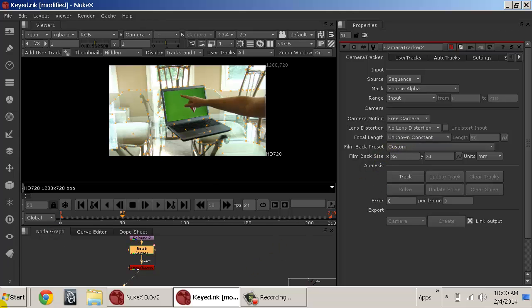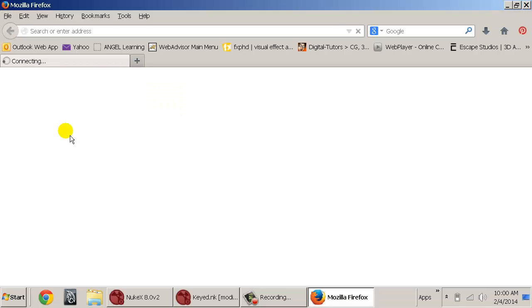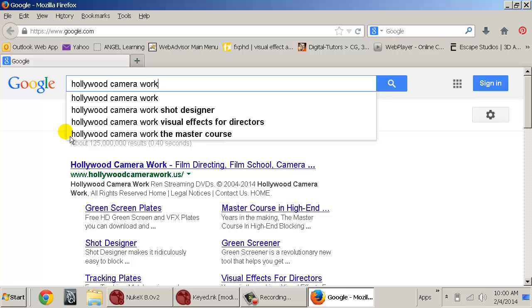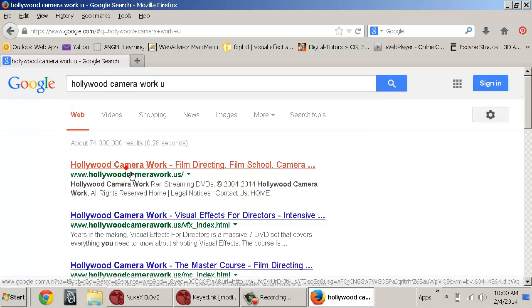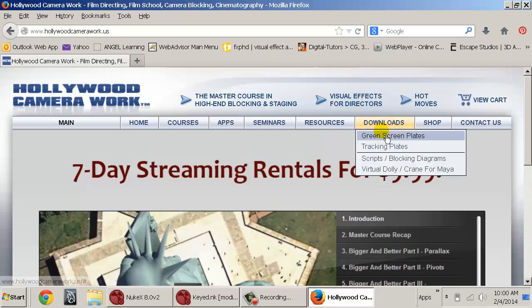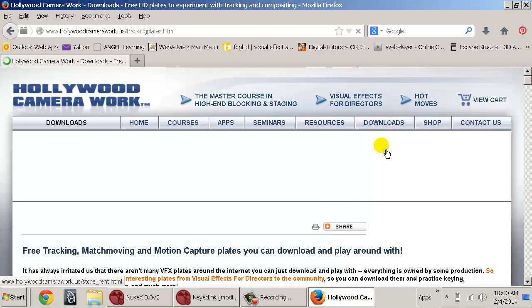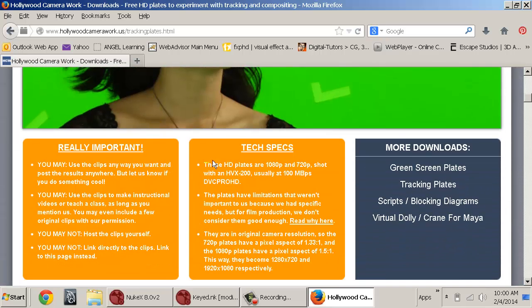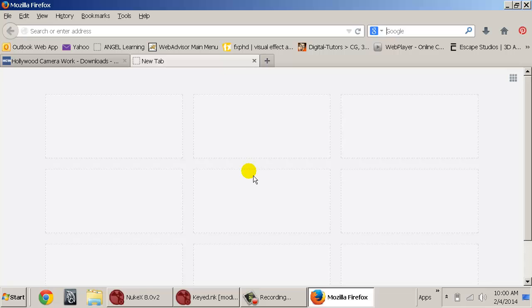Now, if I jump to Hollywood Camera Work, and we go to their plates, right up here, the technical specs. These are HD plates, 1080p and 720p, shot with an HVX 200. Okay, so remember we talked about cameras, camera stuff. So the HVX 200